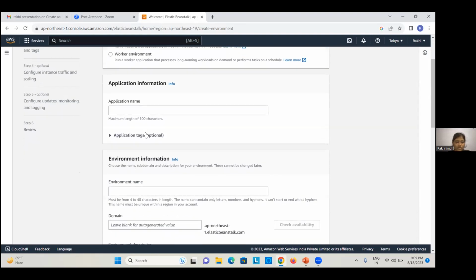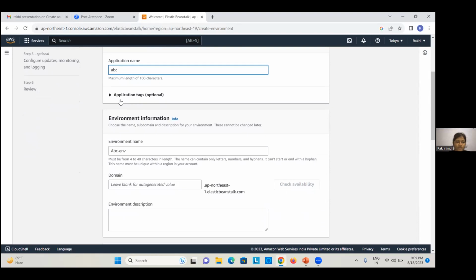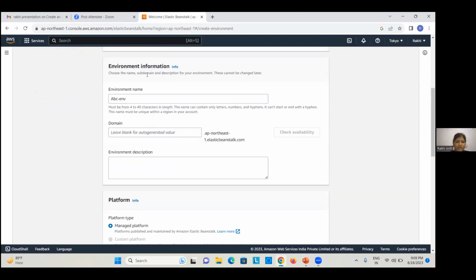So scroll down, then application information. Give an application name. I give ABC. Then application tags. Tags are optional. Environment information. Environment name: by default it takes our application name and shows the environment name ABC-env.